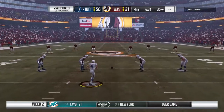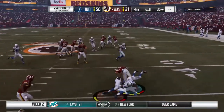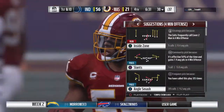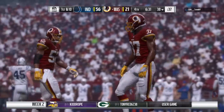Vinatieri out there to kick this one away. Very short kick. This will be taken by one of the up men. And they're going to have really good starting field position here as that's taken up close to the 40. A look at Washington as they come onto the field. And with this deficit, you can't have too many more drives like the last drive where you had to punt